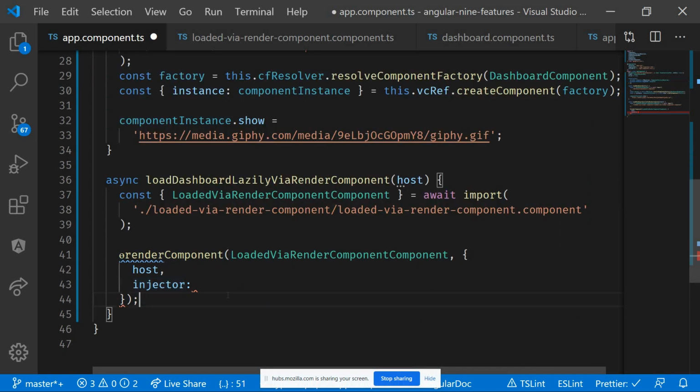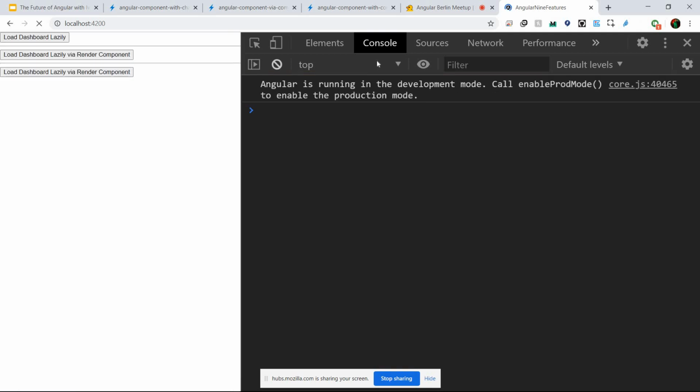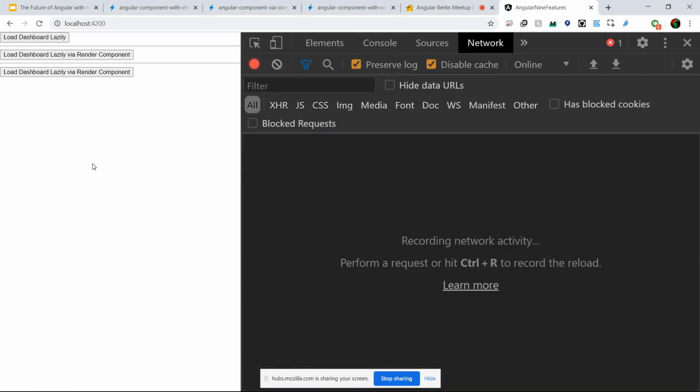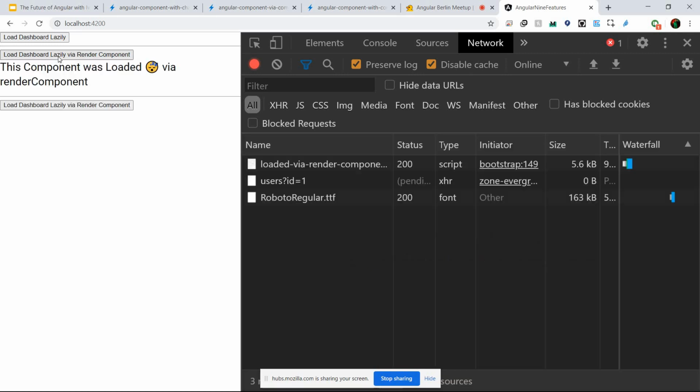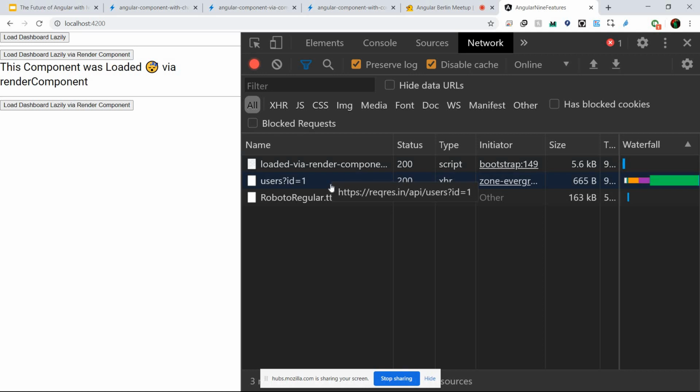So the injector for this would be this dot injector. And if I save this, let's wait for it to load. Let me clear everything. Now, as soon as I click on this button, you'll see that there is a network call going on to download the